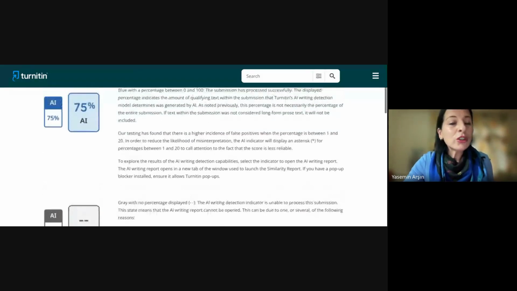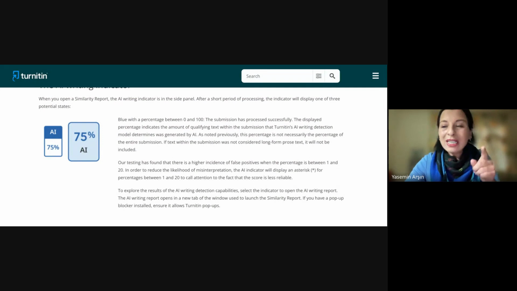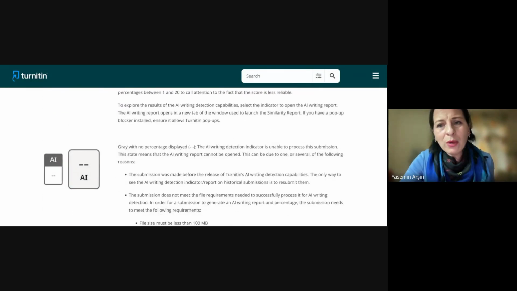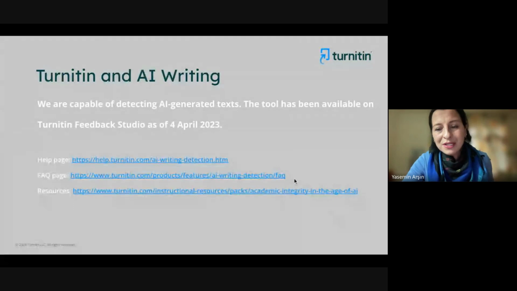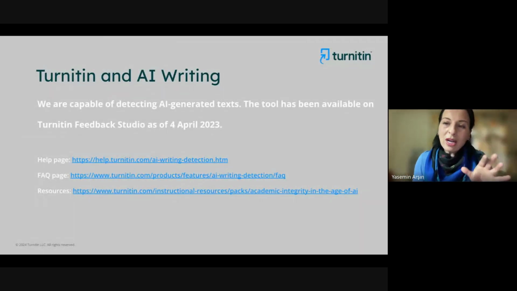So whenever you have concerns about the AI writing detection tool, please check this link, and I will be sharing these links with you. So don't worry about that. And also, I will go back to my presentation slides. And in the frequently asked questions page, you will find how our AI writing detection tool has been invented, and what kind of developments we have made so far.